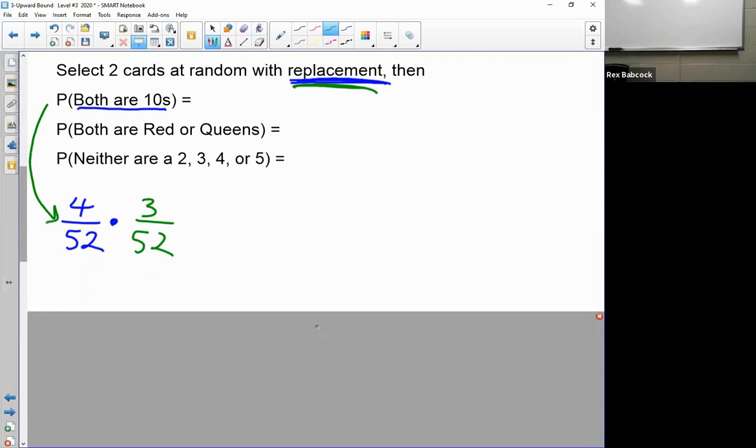Now, if I was doing this with the calculator, I'd just pick up and start multiplying. But if I didn't use the calculator, I'd probably reduce 4 over 52, like back in 6th and 7th grade, to 1/13. I took out a 4 from each of these. This one right here does not reduce. Pardon me, that was without replacement. With replacement, it stays at 4. It also reduces to 1/13. So my answer on this first one